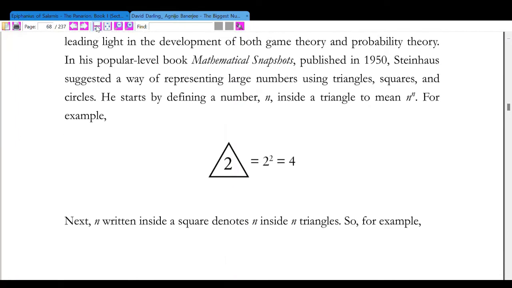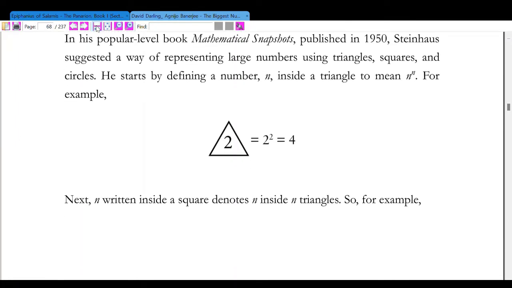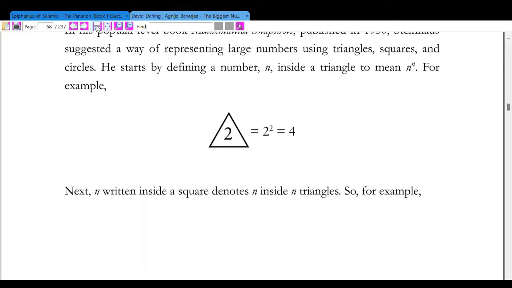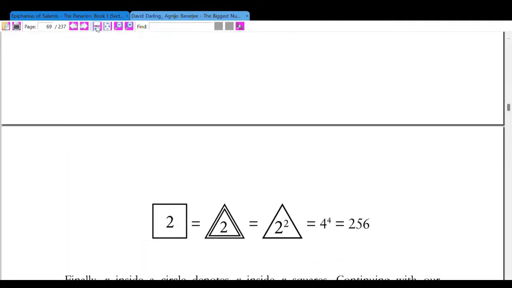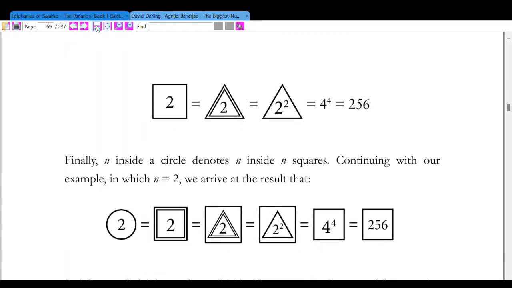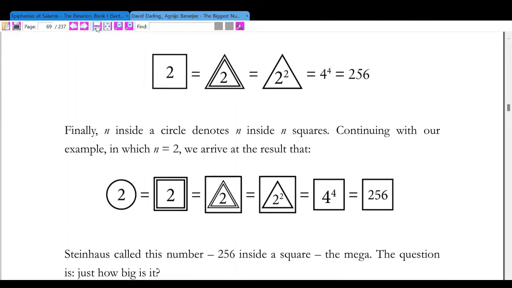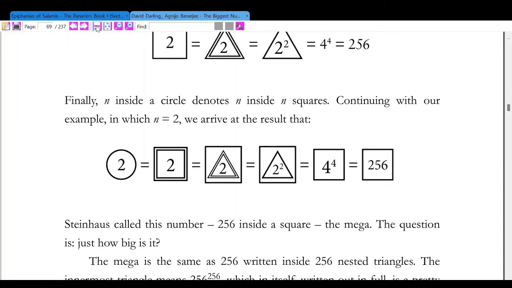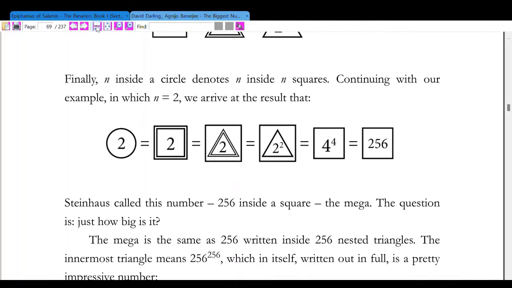For example, next, n written inside a square denotes n inside n triangles. For example, finally, n inside a circle denotes n inside n squares. Continuing with our example in which n equals 2, we arrive at the result that